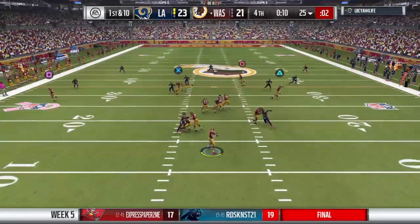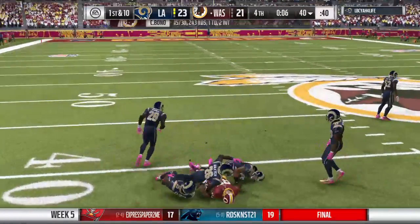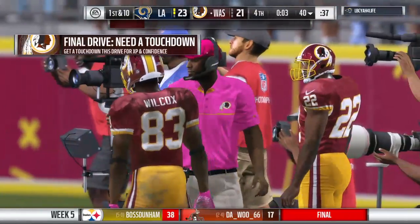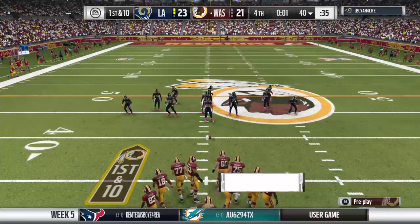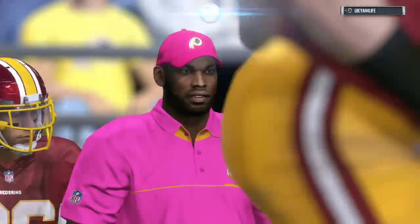To throw. Looking left side, and it's complete. 15 yards through the air and a first down. And the offense lining up 1st and 10. Well, going into the final play of this game, they knew...